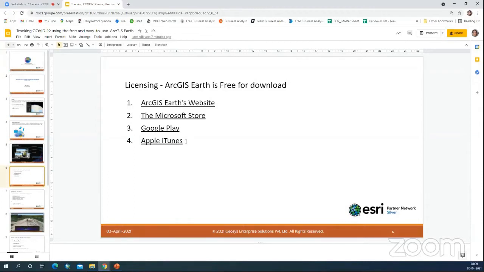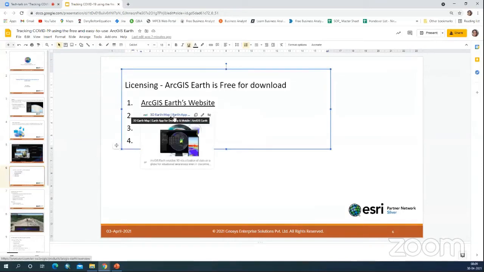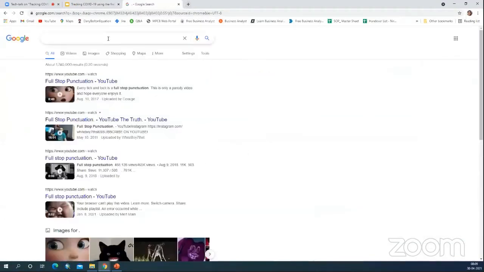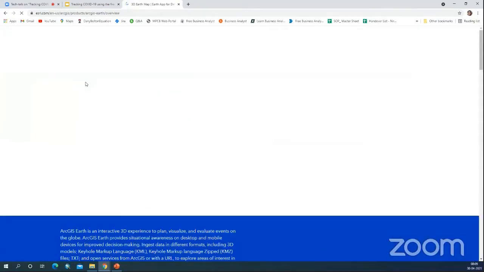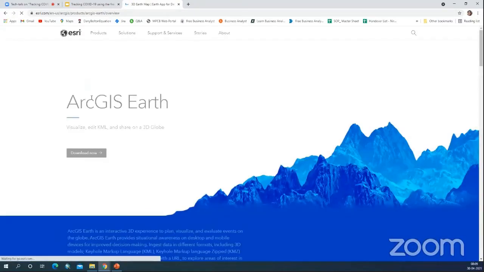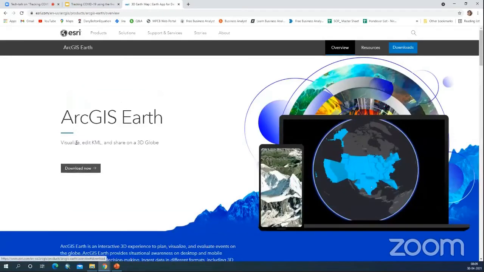Here there are 4 options from where you can download it. You can directly type ArcGIS Earth on Google, google.com, and you'll be able to find ArcGIS Earth and go directly to it, and you will have the option to download. You can visualize, edit the KML, and share the data on your 3D globe as you are able to see here. So that is one option.